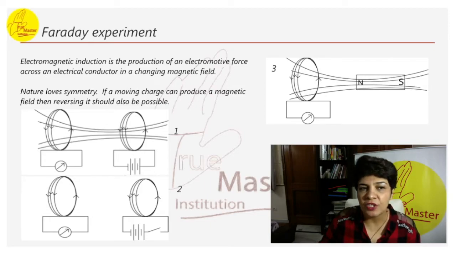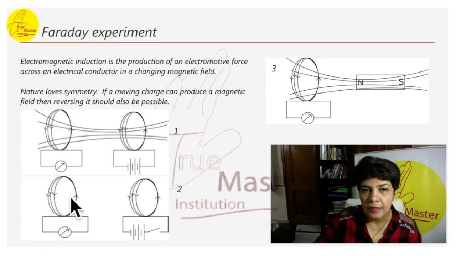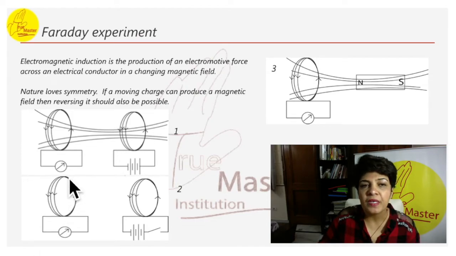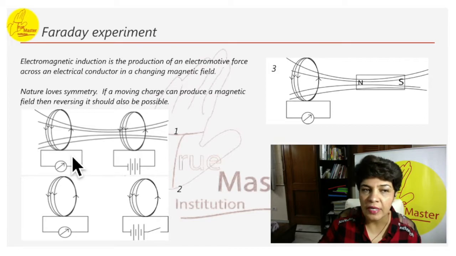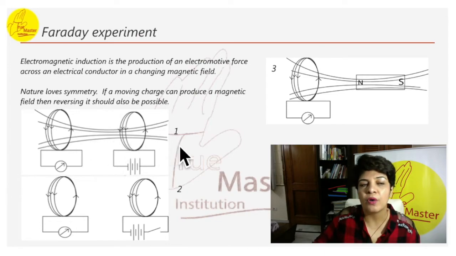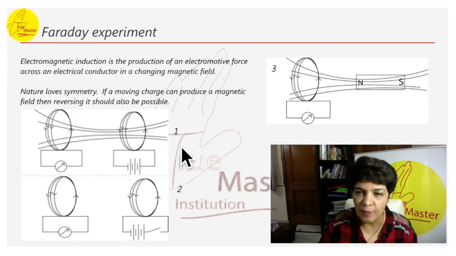So we have seen deflection in the galvanometer of the first coil. Explaining one more time the same thing. As the second coil is moved closer to the coil, the magnetic flux linked with the coil increases, and an induced EMF and hence an induced current is set up in the coil. As the magnet is moved back, away from the coil, the magnetic flux linked with the coil decreases. An induced EMF and hence induced current is set up in the coil in the opposite direction.